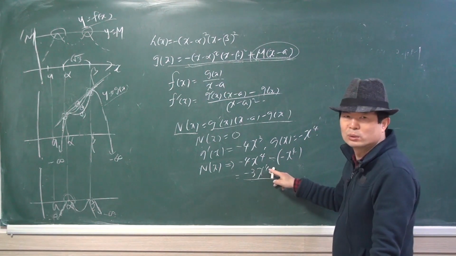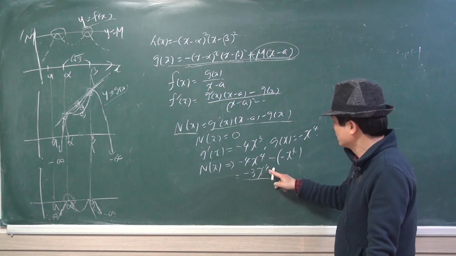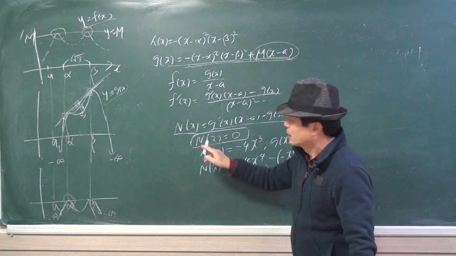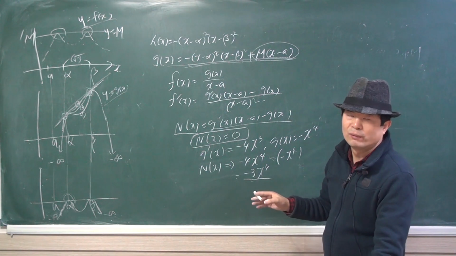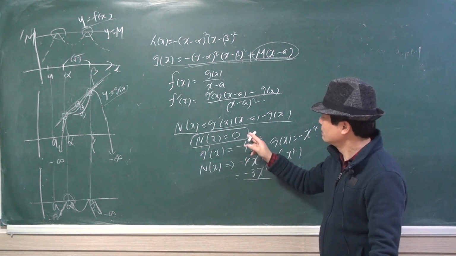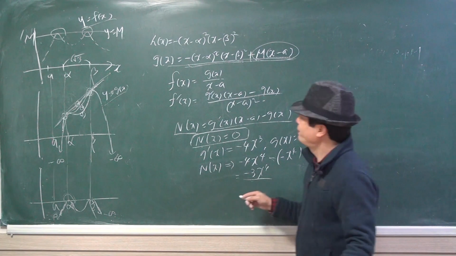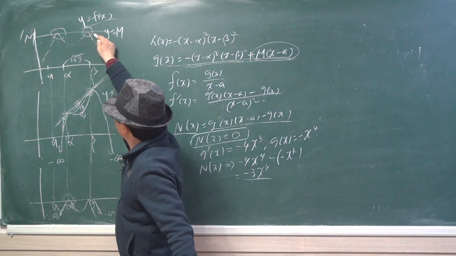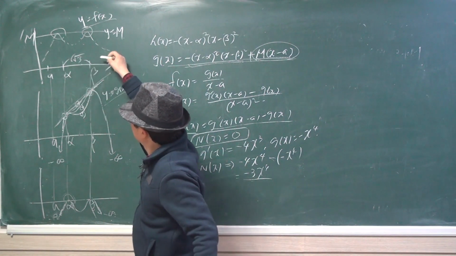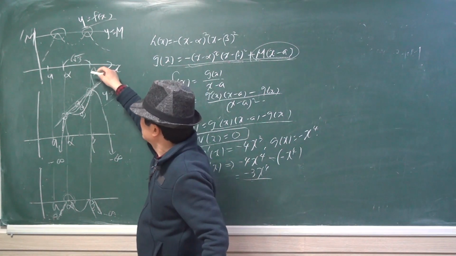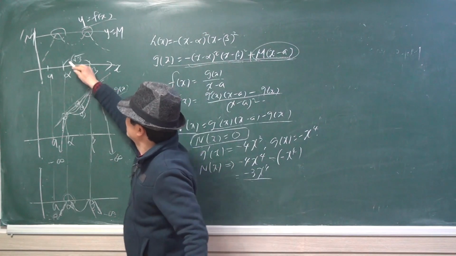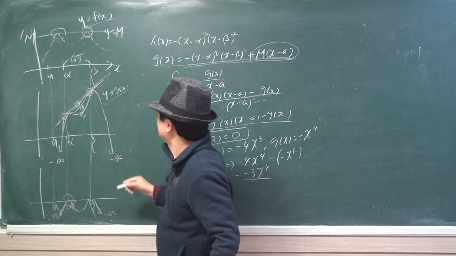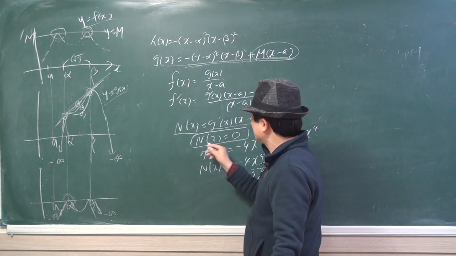So it's also a quartic function, and the equation can have at most 4 real number solutions. From the facts f(x) is of this type, we can temporarily conclude there are at least 2 solutions in n(x) equals 0,